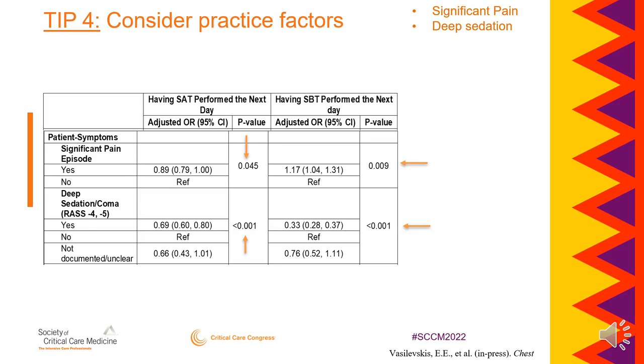We did find that if you're deeply sedated or in a coma, so again, your RASS is -4 or -5, guess what? Next day, do you think you're more or less likely to have an SAT or SBT? Much less likely to have both. But again, it shows the importance of, if at all possible, avoiding deep sedation. Interestingly,